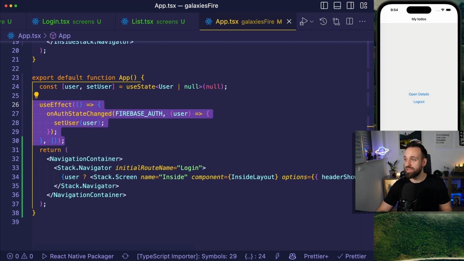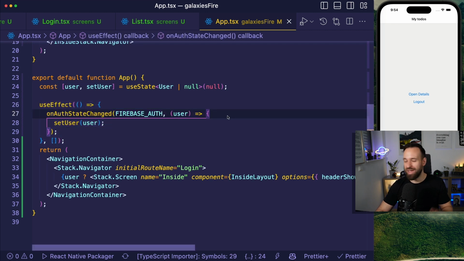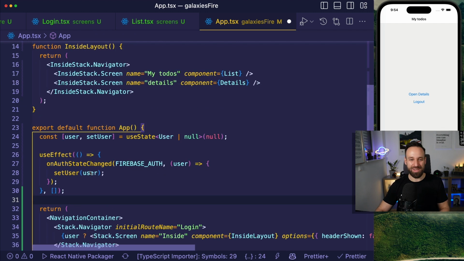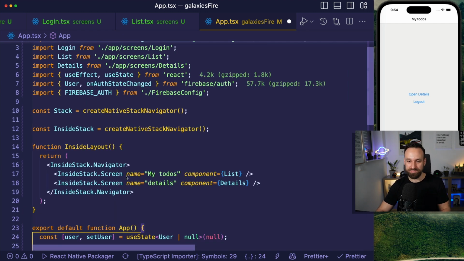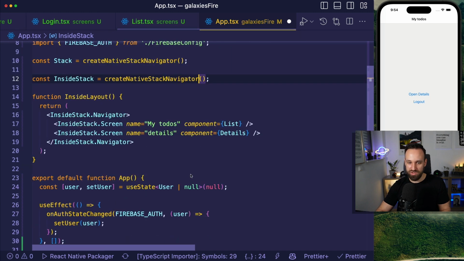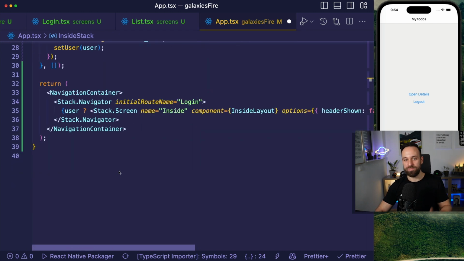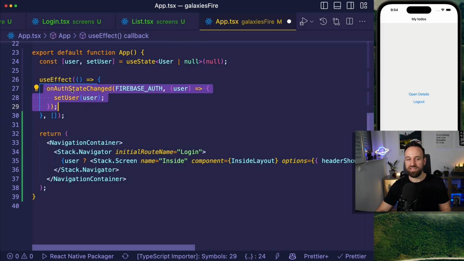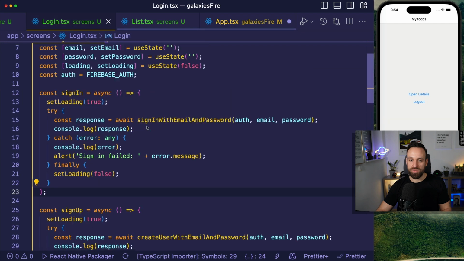I don't know why this took me like 20 minutes to explain, but I wanted to go through all the necessary steps of the different layouts. And I haven't even defined the right params here, so that can be a bit more TypeScript fun, defining the param list so we get the screens typed correctly. However, the most important part is really listening to on-auth state changed, and of course also on the different screens